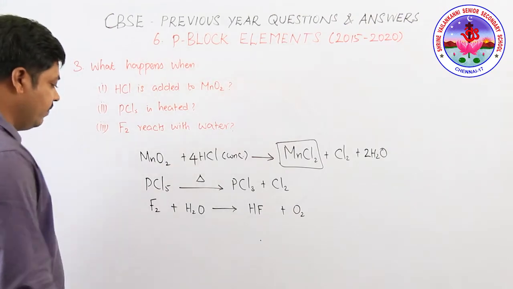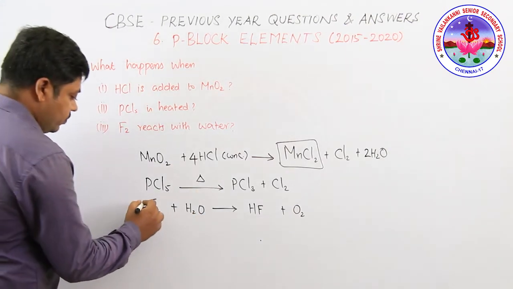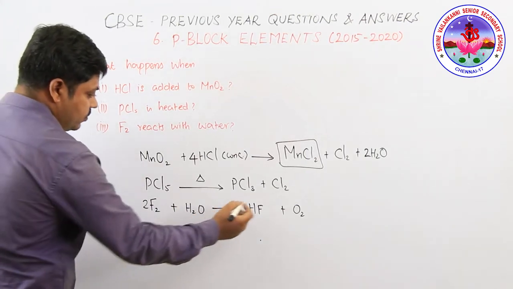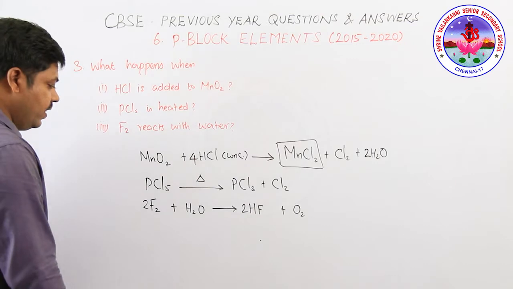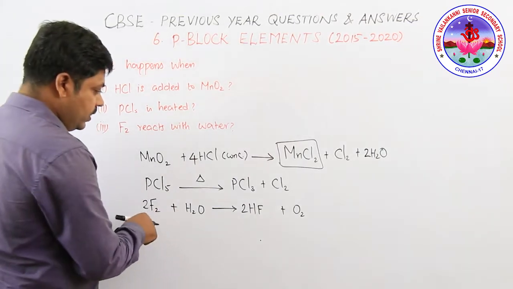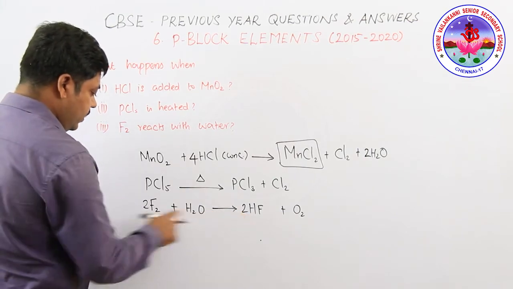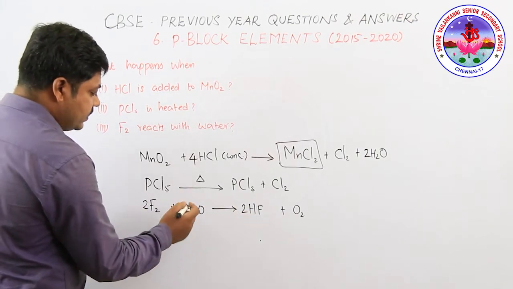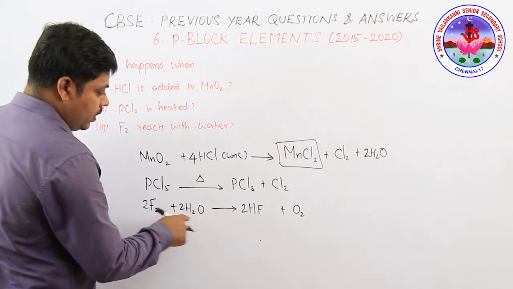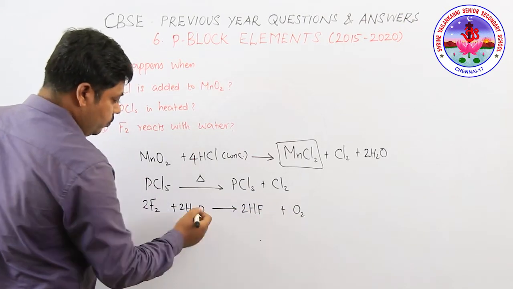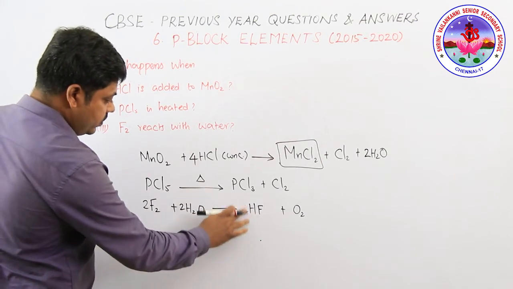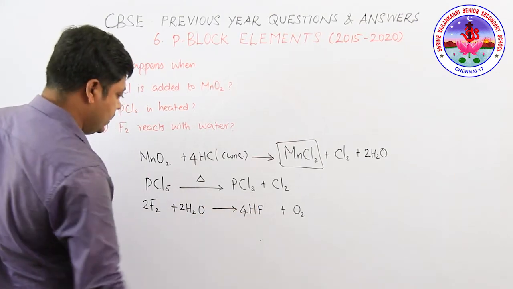Now balance the equation. Here there are 2 fluorine, so put 2 fluorine, and hydrogen also, put 2 HF. Here the hydrogen is 2, and the fluorine is balanced. Then oxygen is not balanced. So writing here 4, that means 2 O2, then balance the equation like this: hydrogen, just put 4 HF.